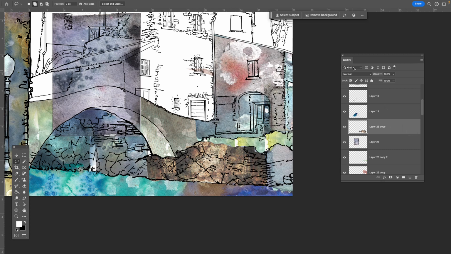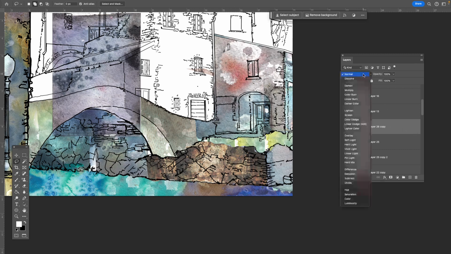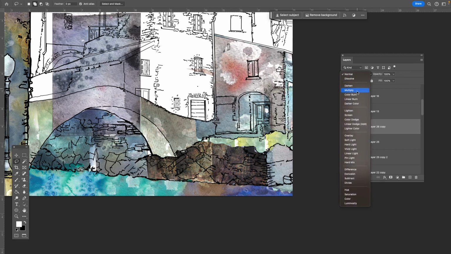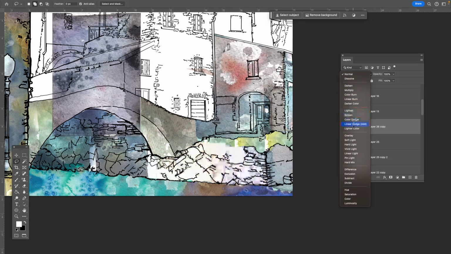Blending modes. Blending modes are right here in your layers palette. I'm not sure we talked about them. Did we ever talk about these? Yeah, of course we did. So the blending mode is going to mix down with the layer that's underneath. I already like that one. It's called luminosity, but I'm going to hold down,